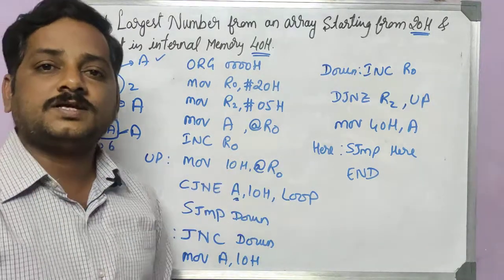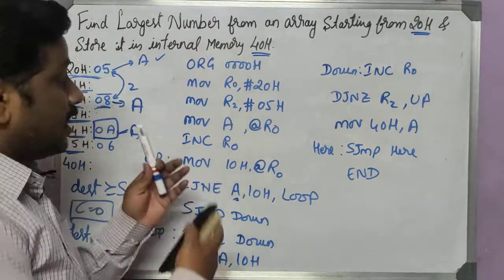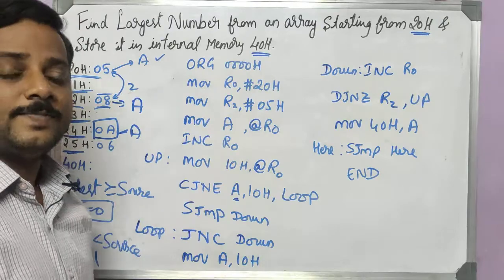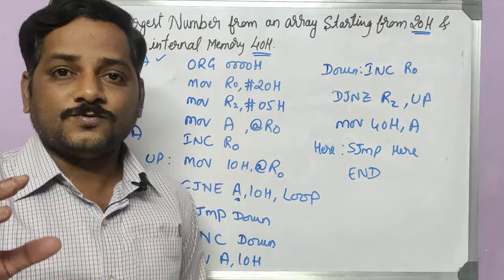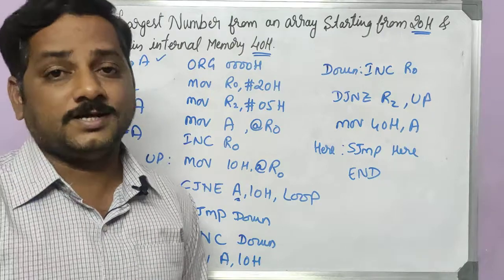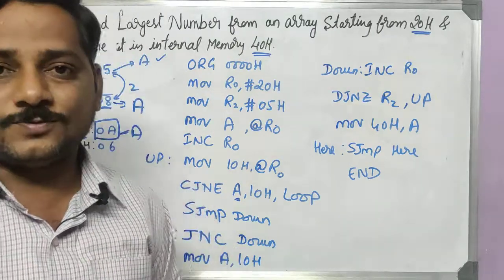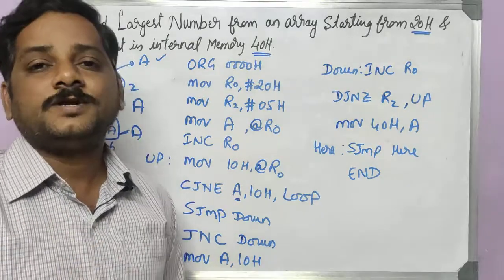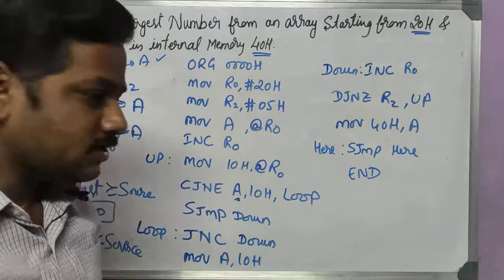So I will give that as an assignment for you. I will write a program, and you just try to analyze it step by step. Because programming can be understood by you only once you start implementing it, start writing it. You can't learn it by just looking at the programs. So I have explained the logic. Now you write the same for the smallest number. I will also give the program.